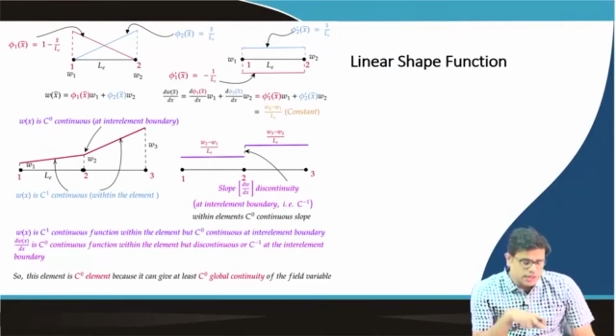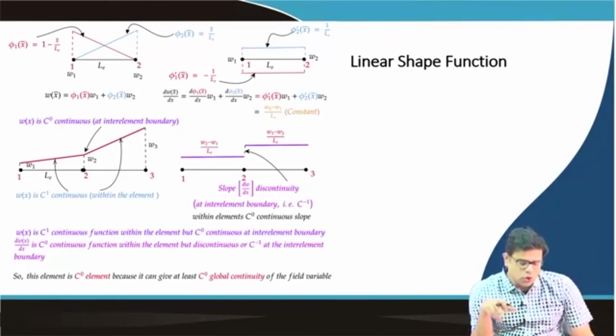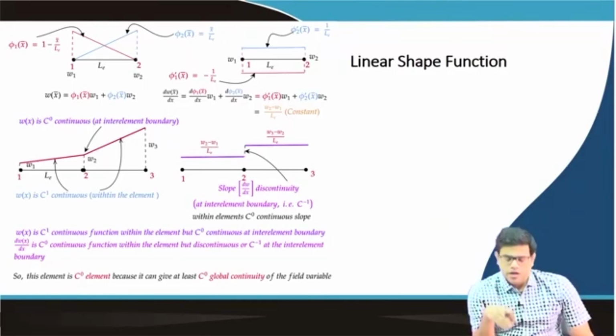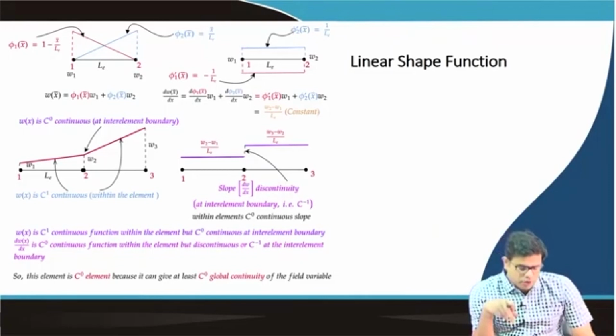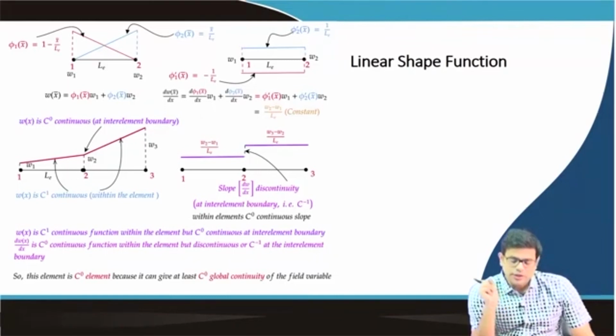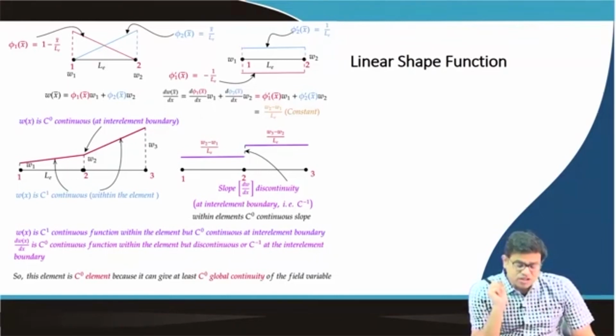Because w(x) is C0 continuous at the internal element boundary, and then slope discontinuity will happen, which is a C inverse continuity or C minus 1 continuity. So this is the problem, and this doesn't allow the Euler-Bernoulli theory,